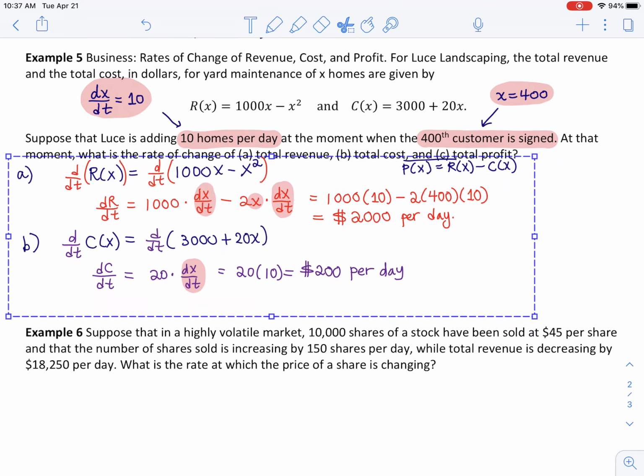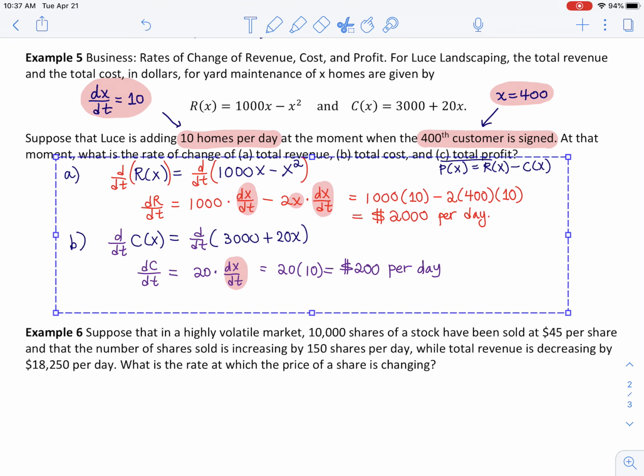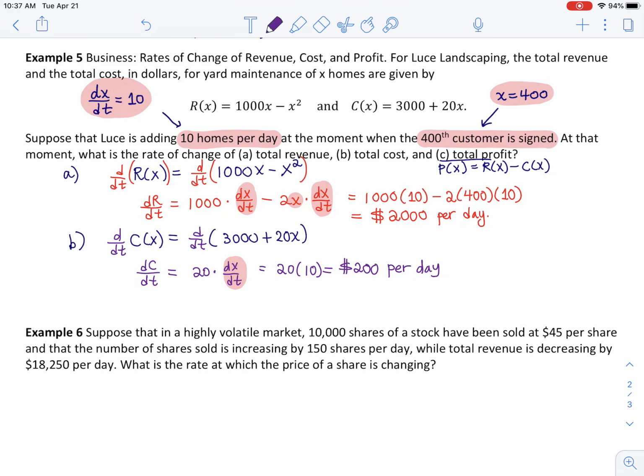Now let's go ahead and figure out the profit. I don't think I'm going to have to do all this because we do know what profit is. Profit is simply revenue minus cost, right? So I'm just going to subtract. But let me make a little more room over here. So finally, part C. I'll say that dP/dt, and P stands for the profit here, is equal to